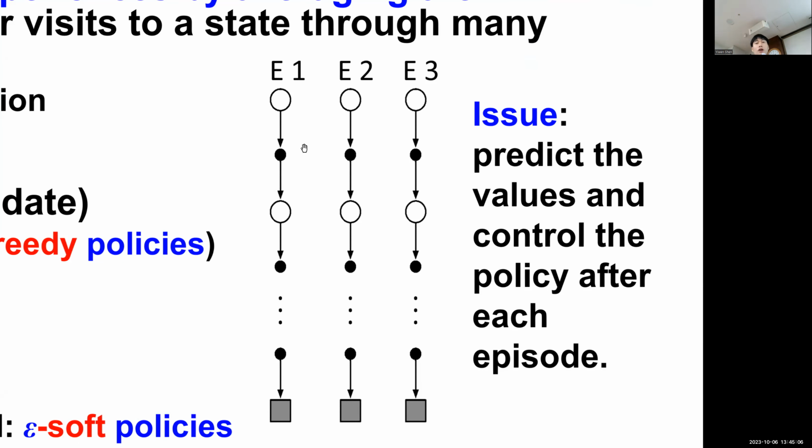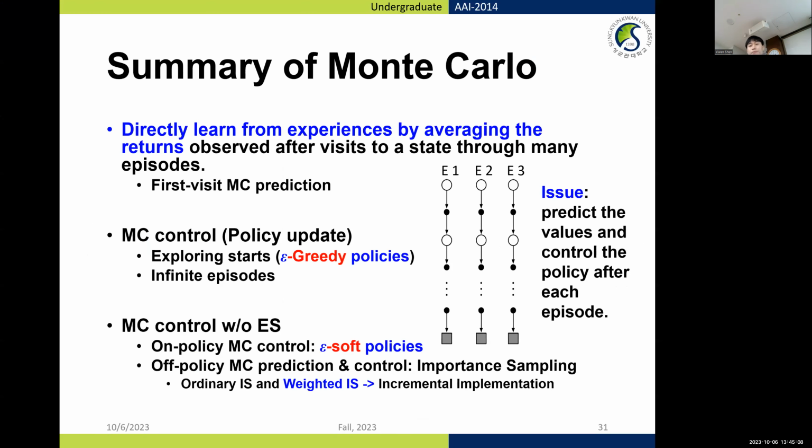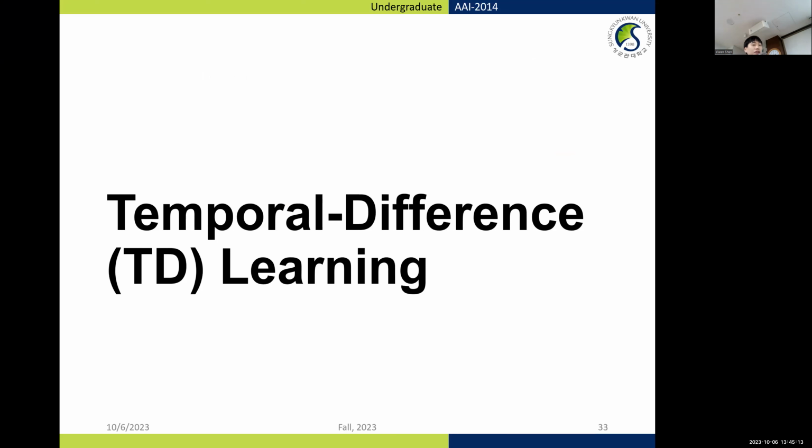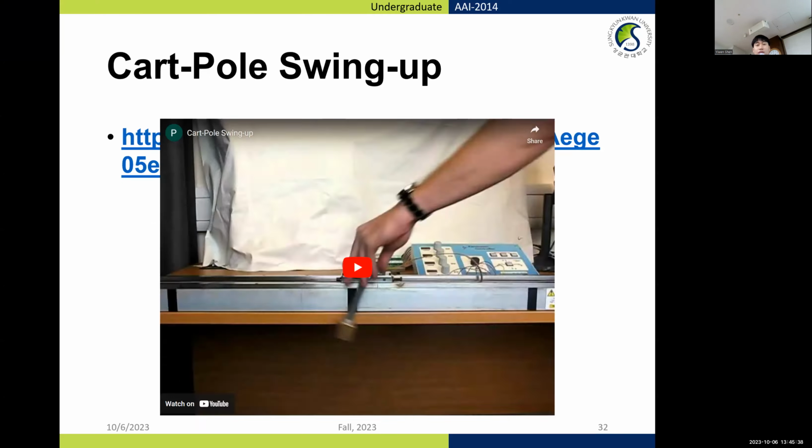To solve this issue, we move to a new method called temporal difference learning. If you look at the name, you will see the meaning. Temporal means time. So we can update the state value or the policy once we move to a new state. Then we just check the difference between two time steps. We call it temporal difference learning. Before doing that, let's look at this